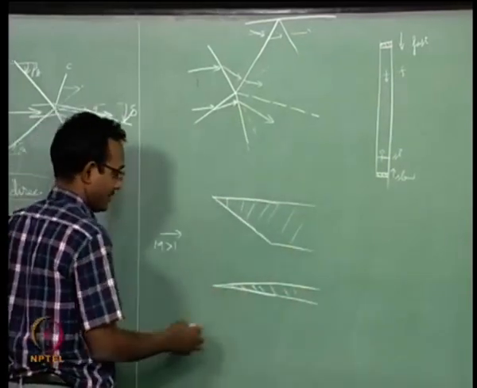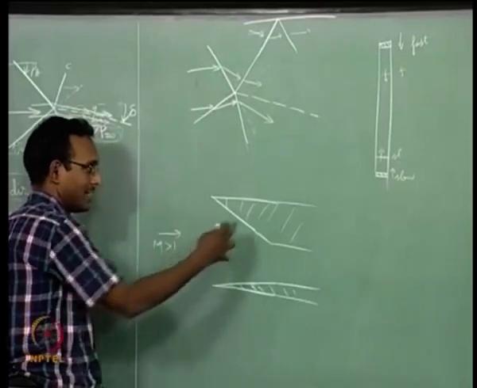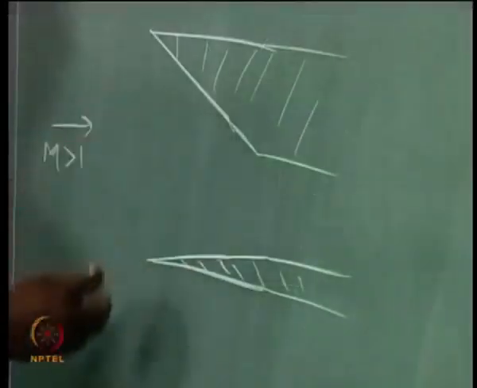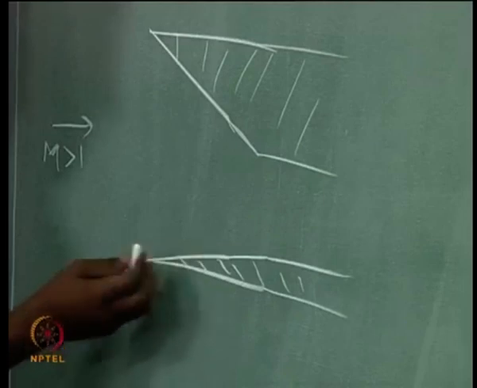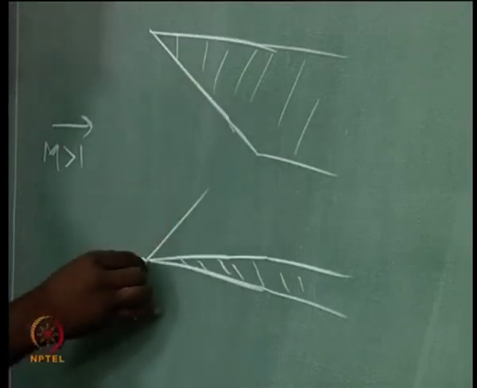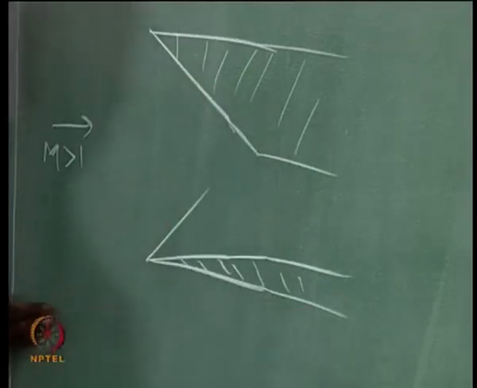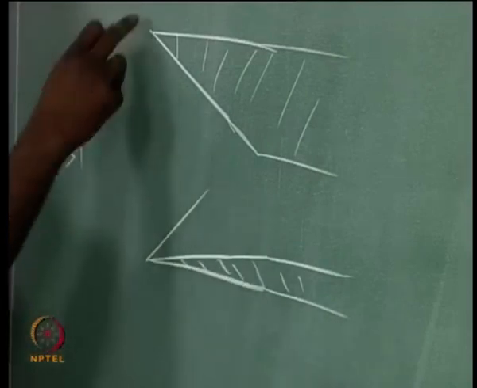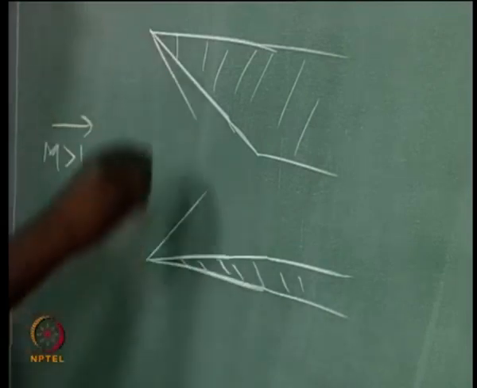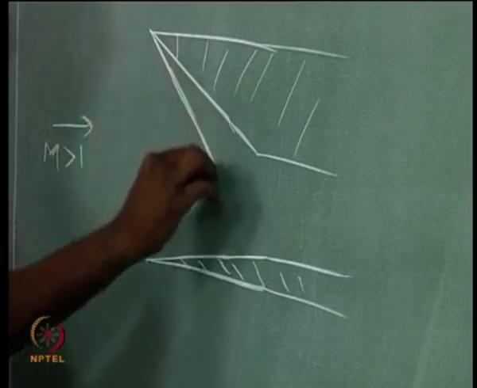But if this is the case, when the flow comes in, let us say it is a 2D object like a wedge, then it is going to see that this is a very small angle, it will have an attached shock, it is going to go like this. The other side, let us say, is parallel to the flow direction, so there is nothing there. Same thing happens here. And now when these shocks come in, whatever we did here will happen,